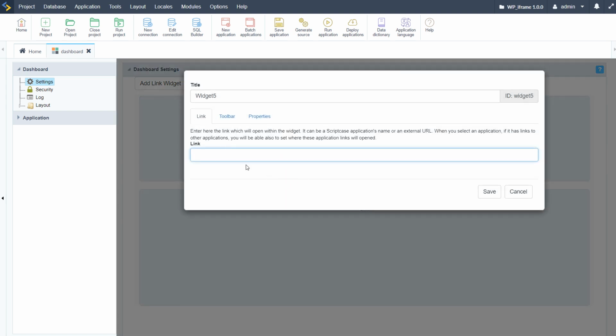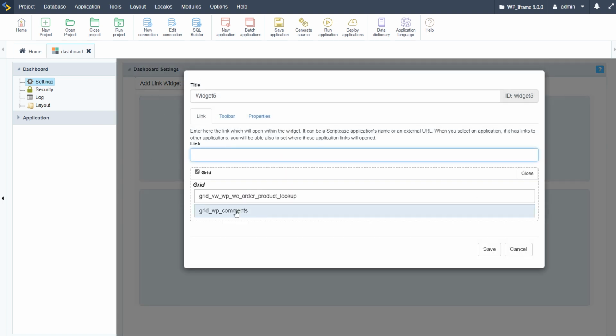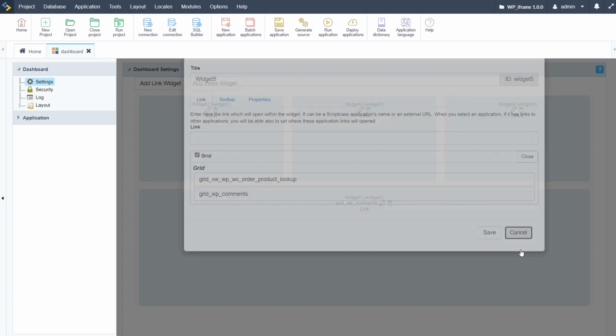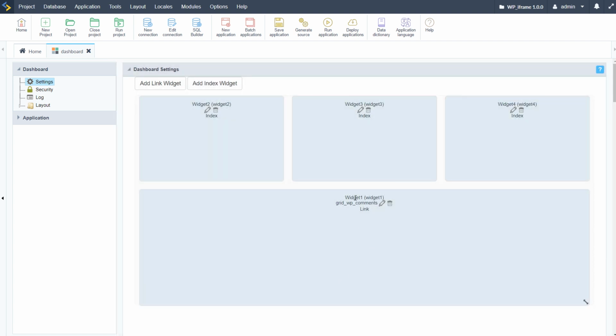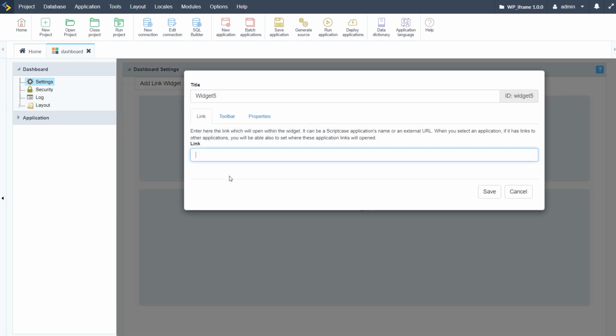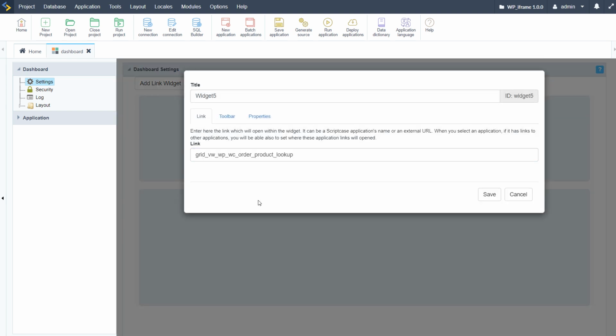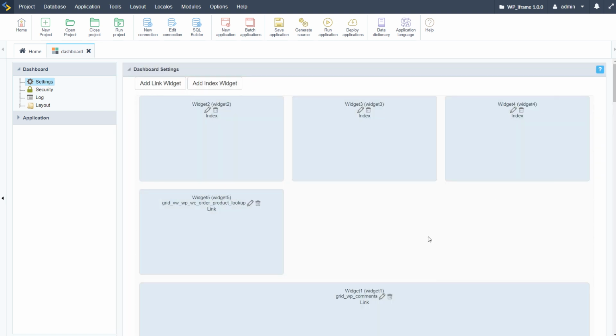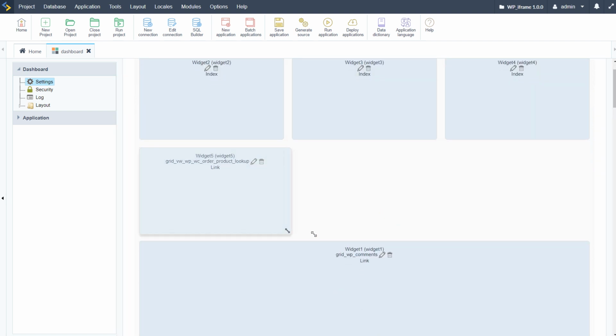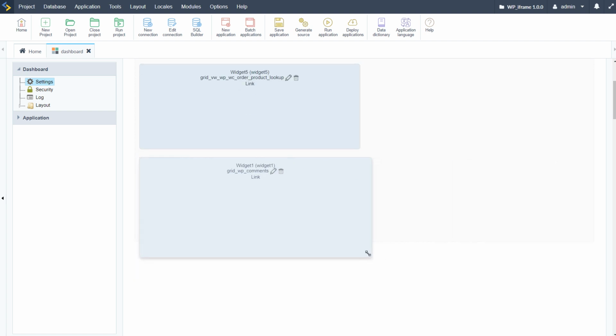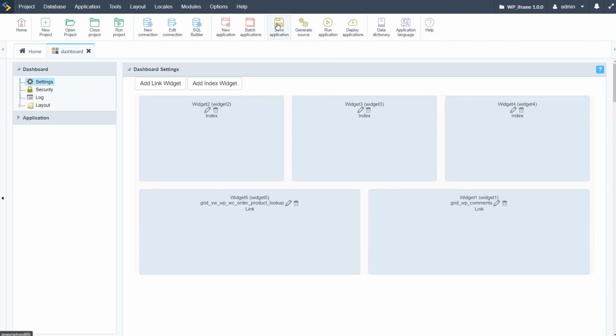And for that, we also had our grid comments and the order product lookup. So we have the grid comments already. So let's go ahead and add this time the grid order product lookup. Save that. And again, we can expand or change the size of that so it fits better within the dashboard application. We can drag that over to the right hand side, save that, and then go ahead and run the